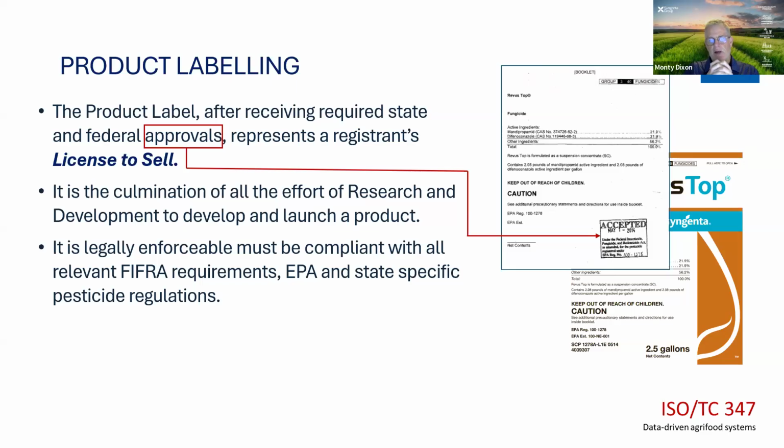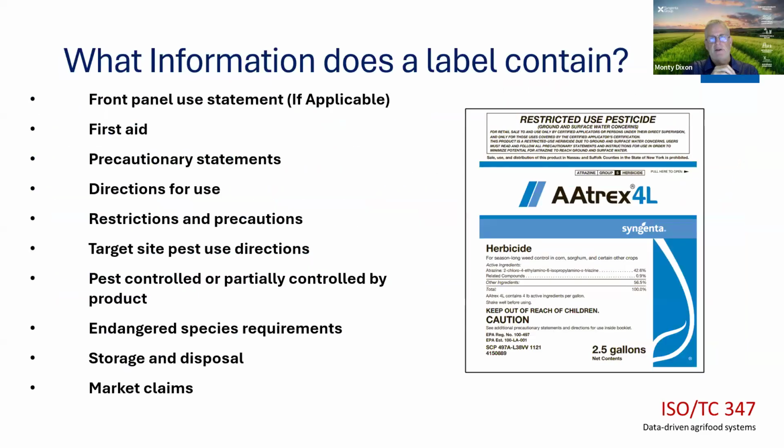The label is legally enforceable. To apply a product in the United States, the only way to do it legally is to follow all of the restrictions that are set forth in a label. By doing so, the use of this product is demonstrated to be within the constraints and requirements of FIFRA and the other regulatory framework laws that govern pesticides. By following the label, you're ensuring that you meet all of the regulatory legislation and requirements, ensuring safe use of the product.